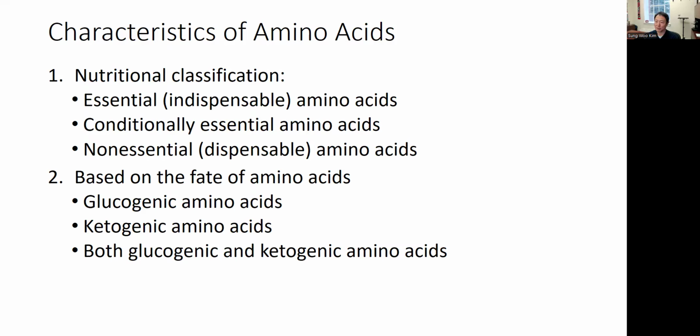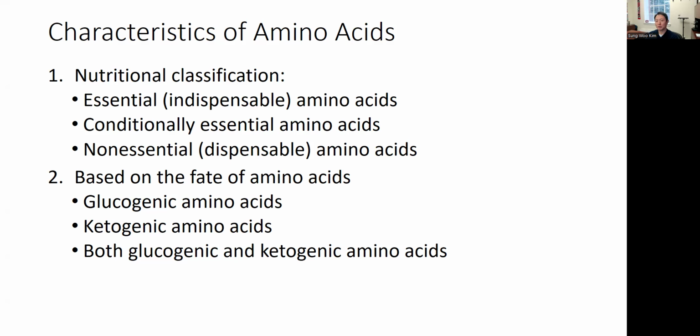So those are the essential amino acids. Whereas some other amino acids can be made or synthesized enough from different nutrients or sources. So we don't have to obtain those amino acids from the food or feeds, and so we call them non-essential